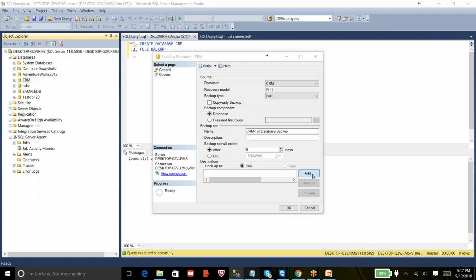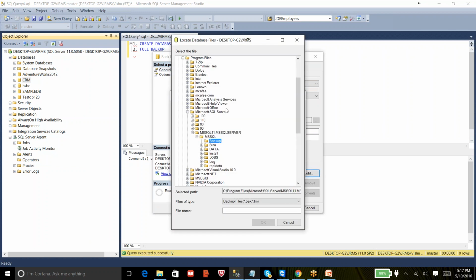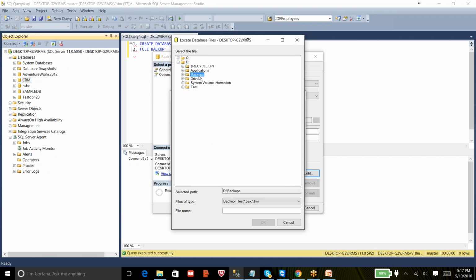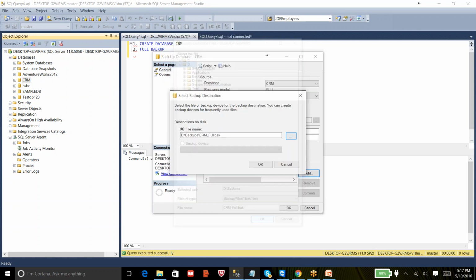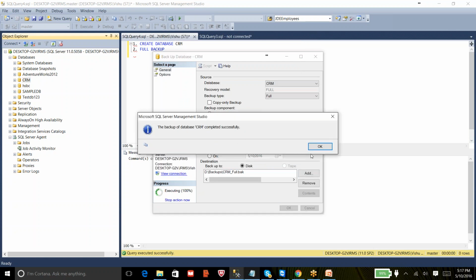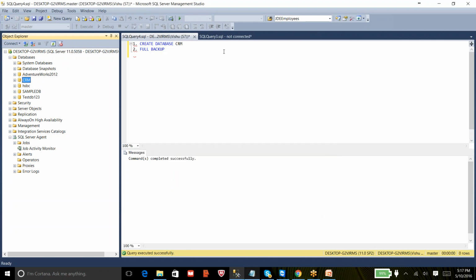So I change the path just to make it easy. I am naming it full.bak so that it would be easier for me to identify that this is a full backup. And you can just click on OK. You are done with the full backup. Now,